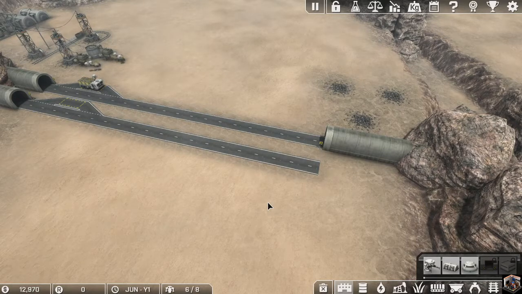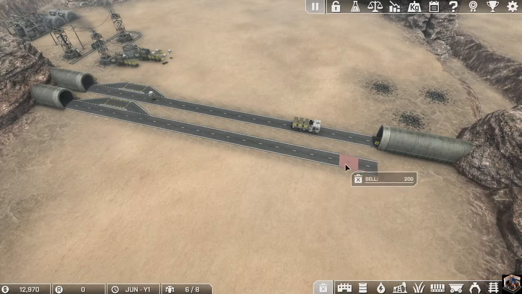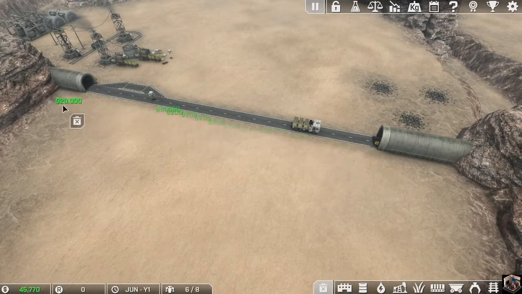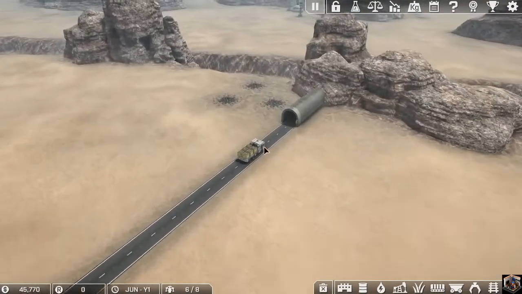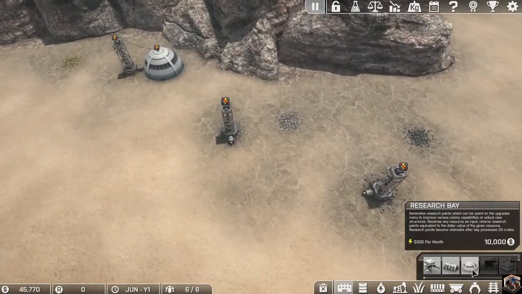And if you look, they're getting filled pretty quickly. So right now our main problem is we're not getting trucks. Maybe we're not getting trucks fast enough. So yeah, you know what? Good thing about this game, you get all your money back. We're just not getting trucks quick enough. So